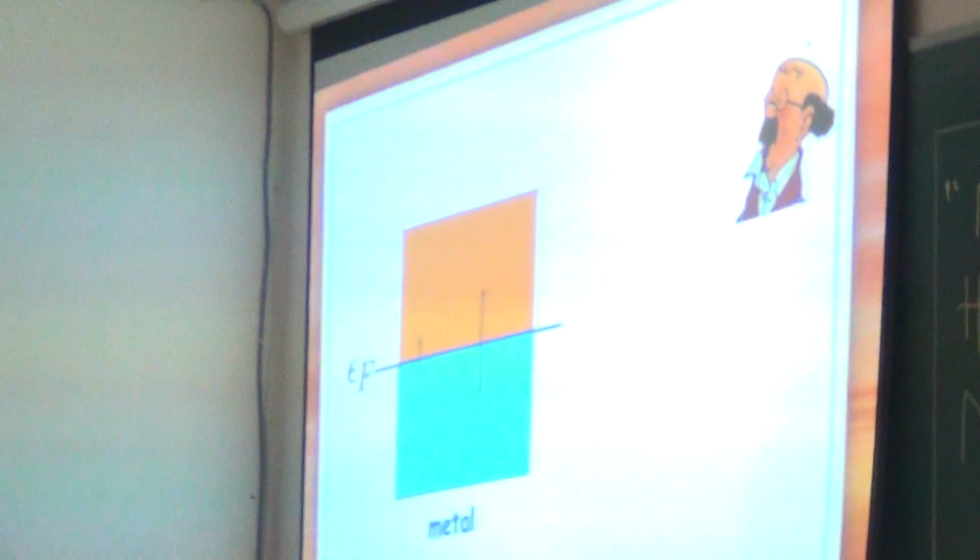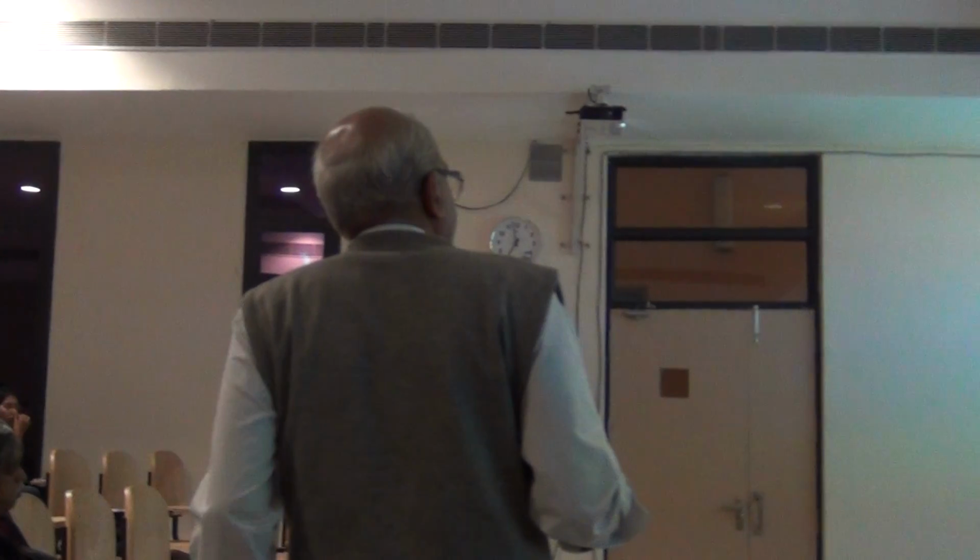Why? Because the allowed energy levels form a continuum. You have a continuous spectrum of allowed energy levels for a metal. For a bulk metal, for a semi-infinite metal, that is the way it is. But in comparison,